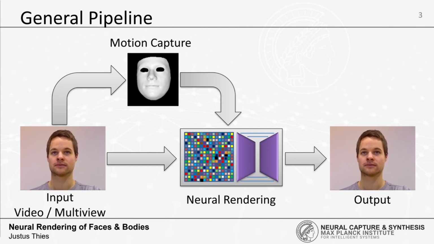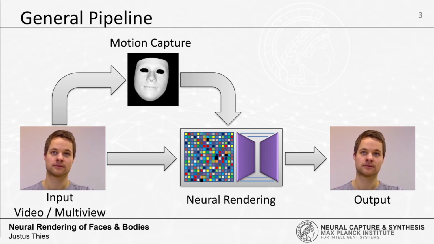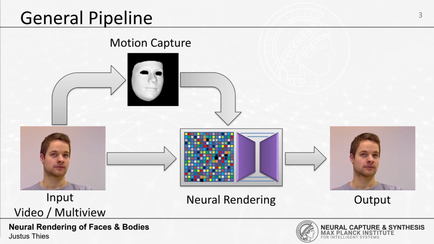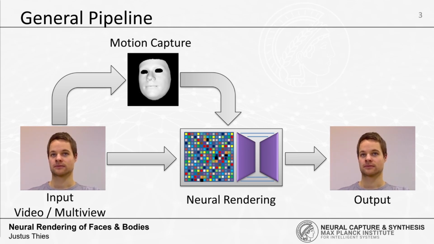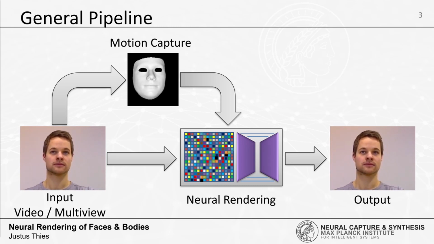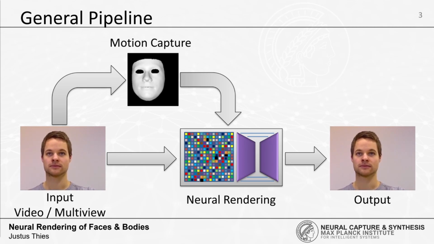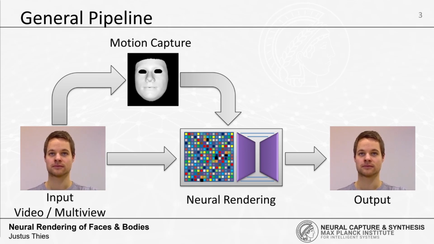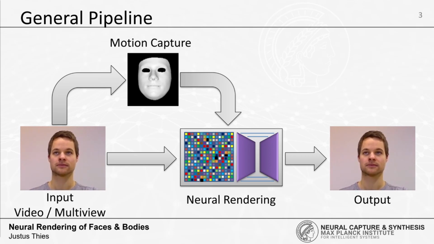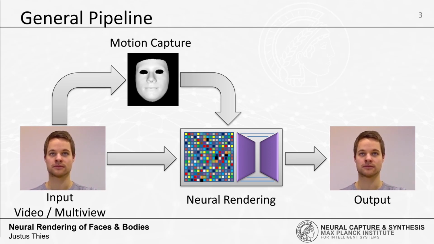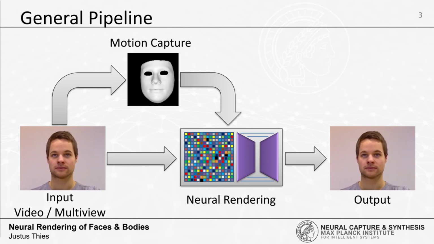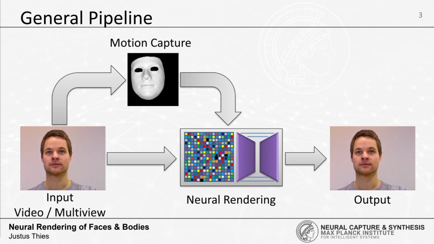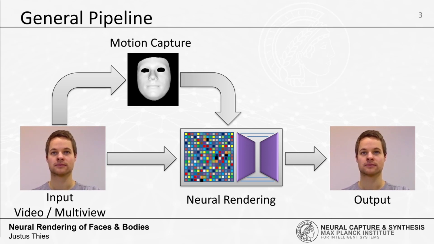The majority of approaches first apply motion capturing to track and reconstruct a coarse model of the human face or body using priors like a 3D morphable model. Prominent models are the Basel Face Model, or FLAME, and the SMPL model from the Max Planck Institute for Intelligent Systems. These models are used to control the neural rendering process, based on the tracking parameters or synthetic renderings of